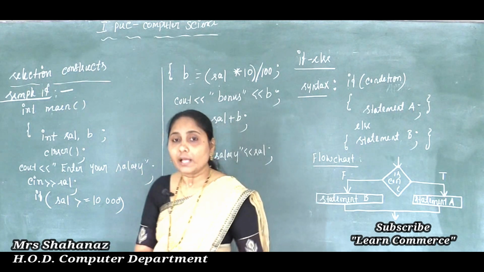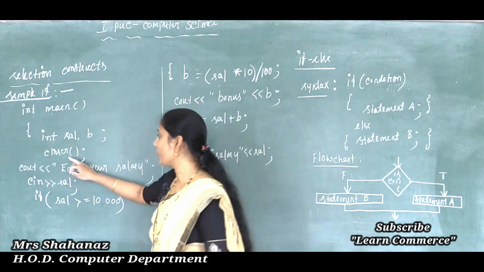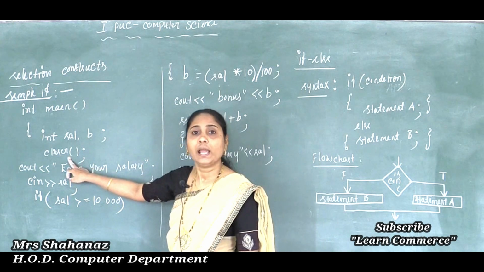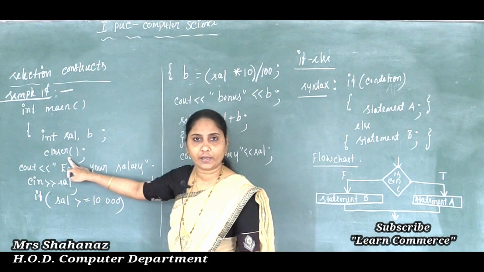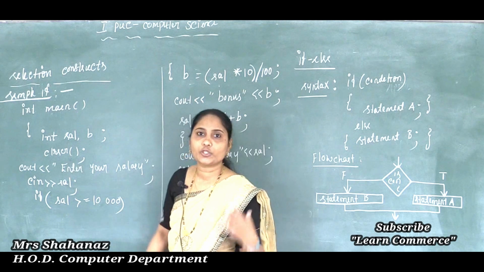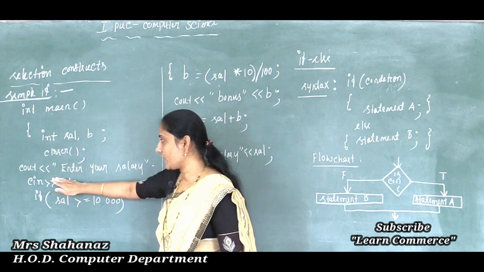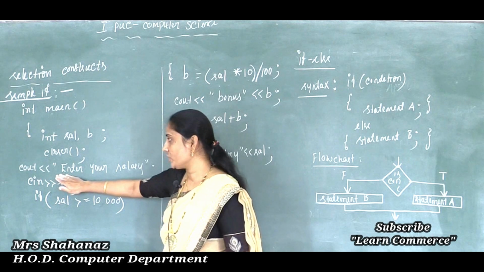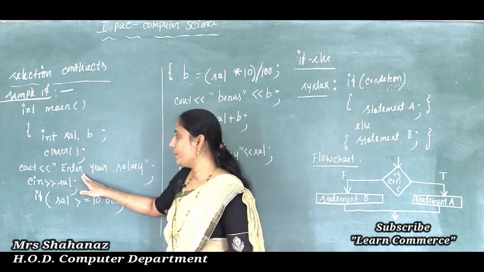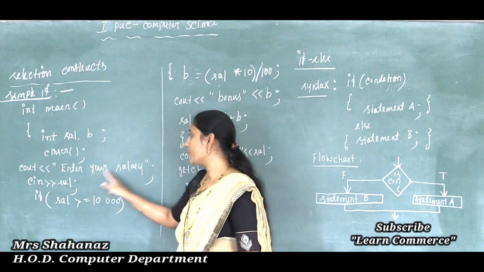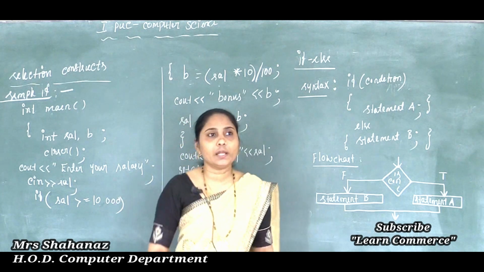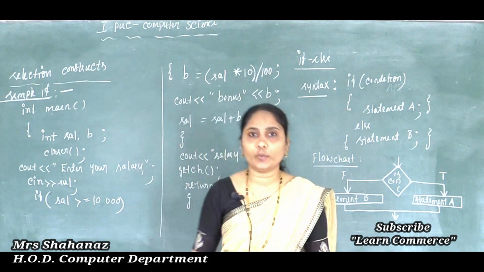After that, this CLR, SCR, open close semicolon, is called clear the screen. If there is any error or any mistake, it is going to clear. So clear the screen here, and later I want to display a message on the monitor, on our user screen. The message is: enter your salary. Clear this point here?